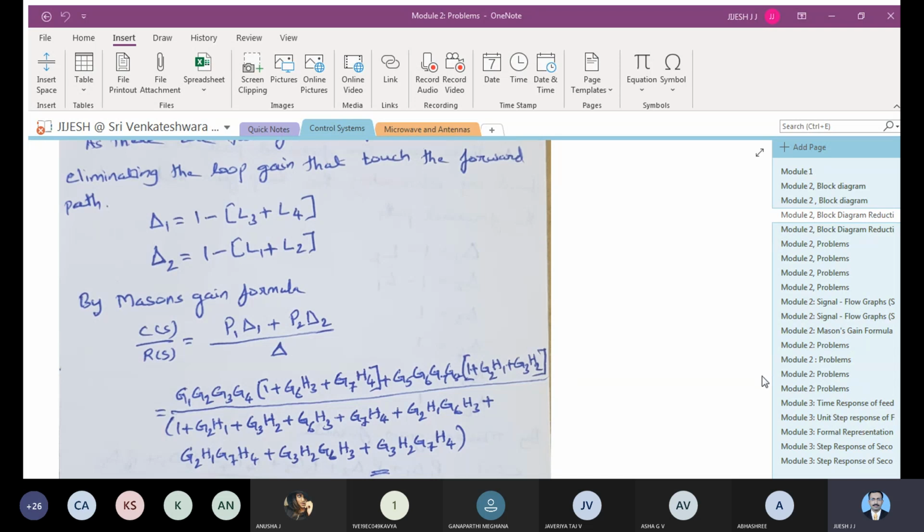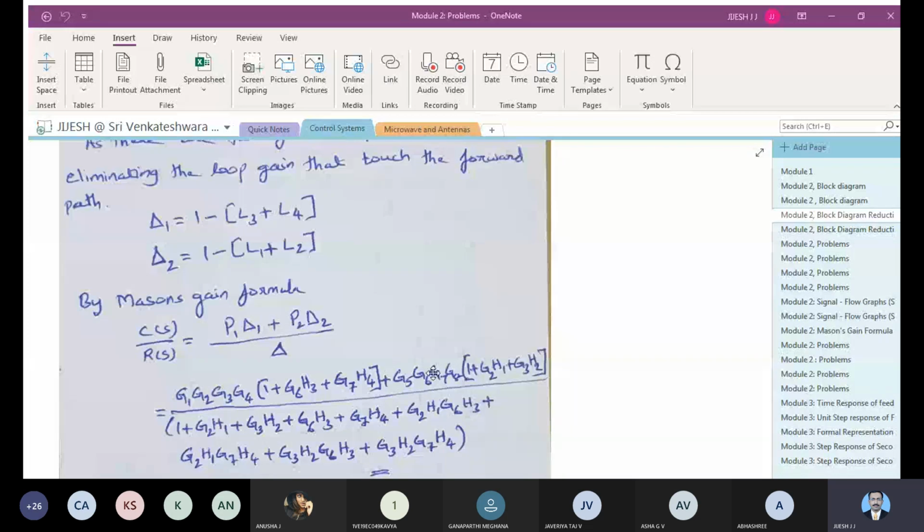Okay. So next, you have to see moving a takeoff point behind the block. What we are going to do is take this point to this side, and when you take this point to this side, correspondingly you have to put 1 by g here. Since you have done quite a lot of problems, you would have understood the impact of each block and its rule, and how it is implemented in problems.